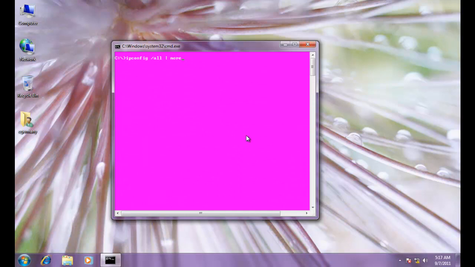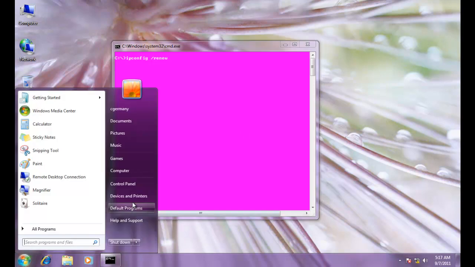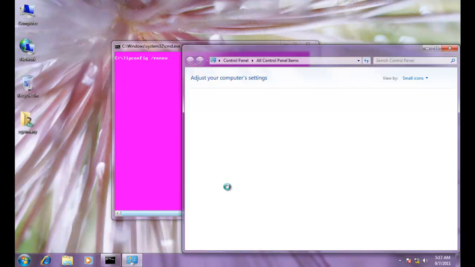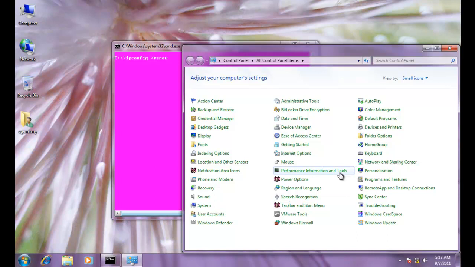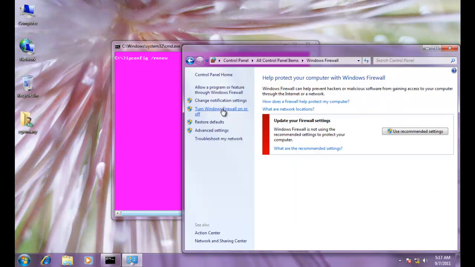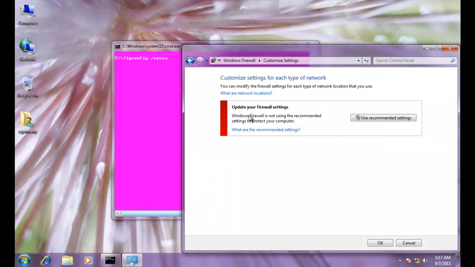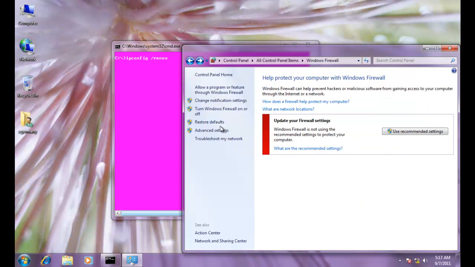And we've released it. Now let's try renewing. And again, verify that our firewall service has been shut off. If I open Control Panel, and I go to Windows Firewall, and I go here to turn Windows Firewall on or off,